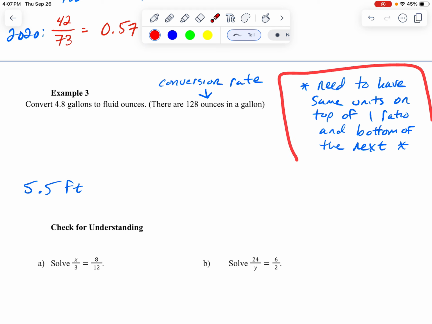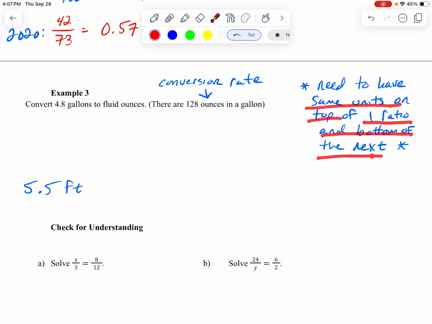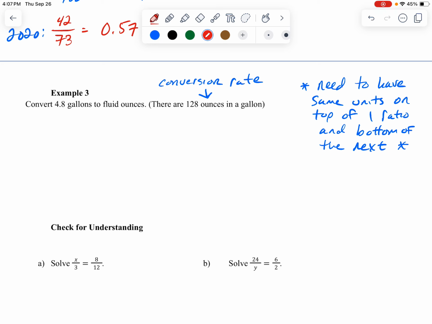When we do this, you're going to notice that we need to be careful with the way that we set this up with our units. This will make more sense in just a second. Whatever the units are on the top originally, we need to have that same unit on the bottom of the next ratio. I'm actually just going to get rid of this for a second because that's for another example. So if I have 4.8 gallons,